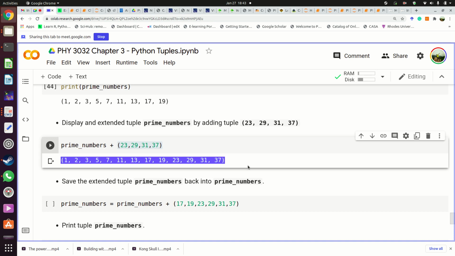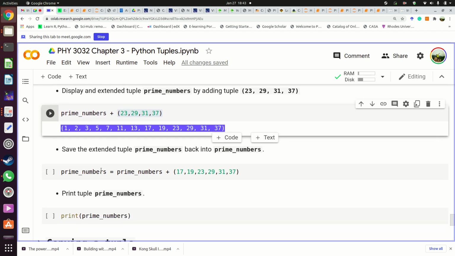the result is going to be a much larger tuple. Prime numbers, a tuple, plus another tuple, the result is an even larger tuple. So you are allowed to add items to a tuple. Whether you want to add one item, two items, or multiple items, that's up to you. However, if you want to make this addition permanent,